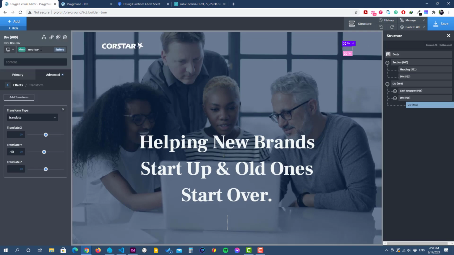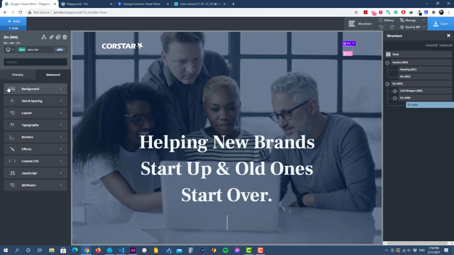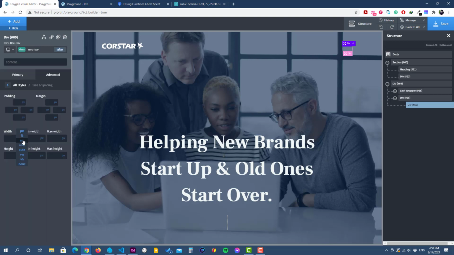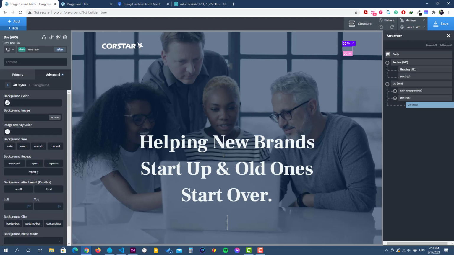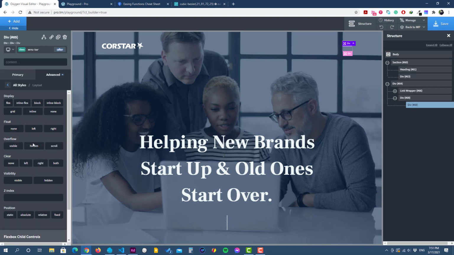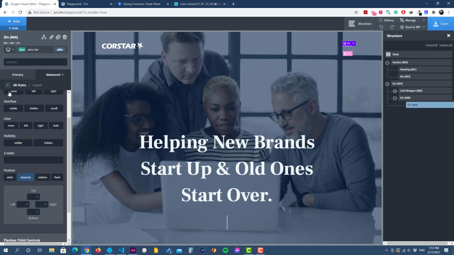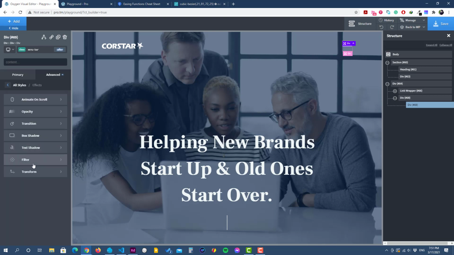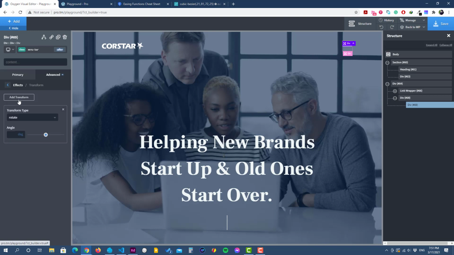I will repeat the same process with the after pseudo element, exactly the same. I will go to the size and spacing, set the width to 100%, the height to 2 pixels. Then I will go back to the background. I will give it a white background. Then the layout, I will set the layout to absolute. Then finally I will go to the effects, transform, and move this after pseudo element below the original menu